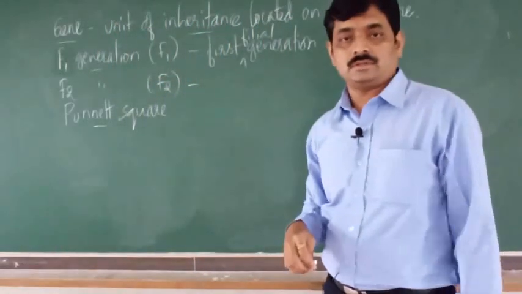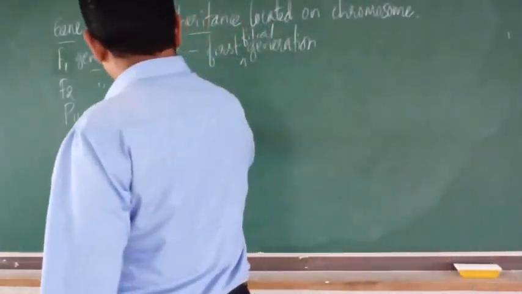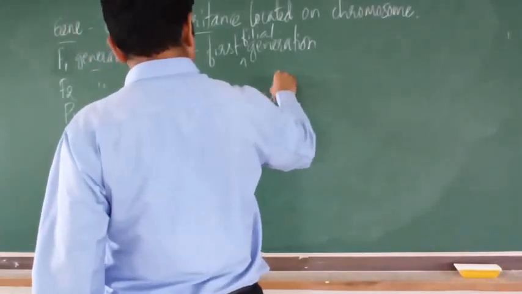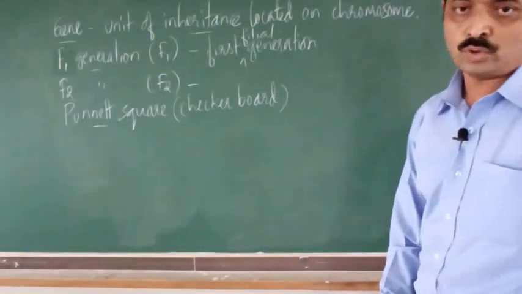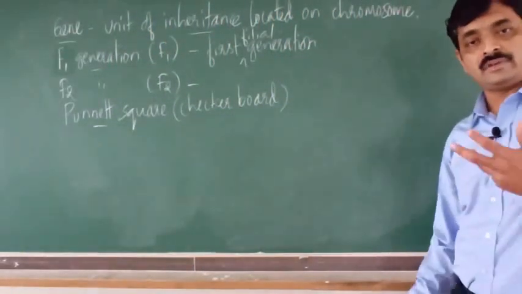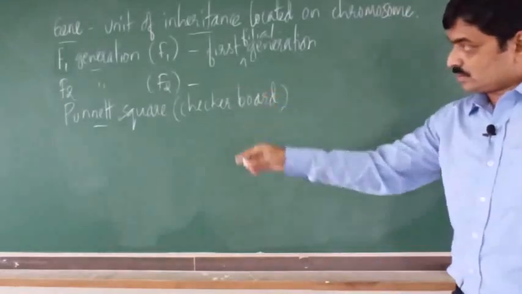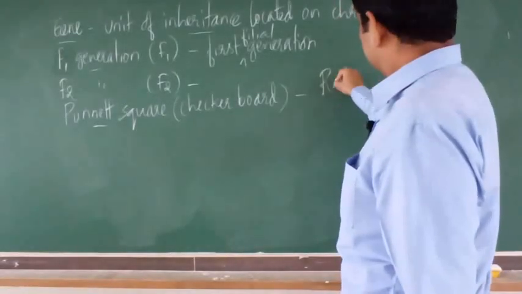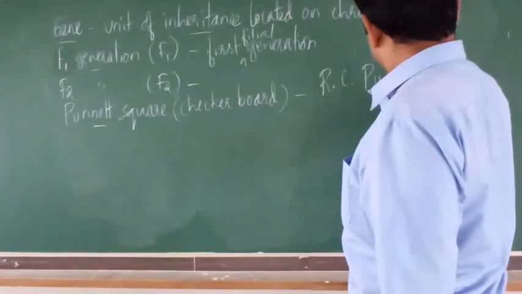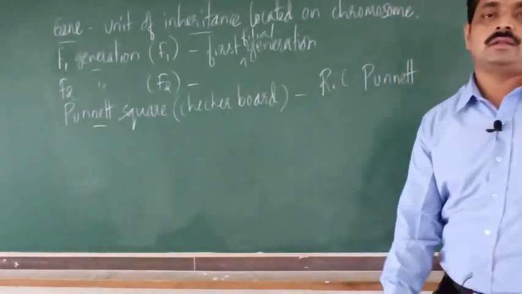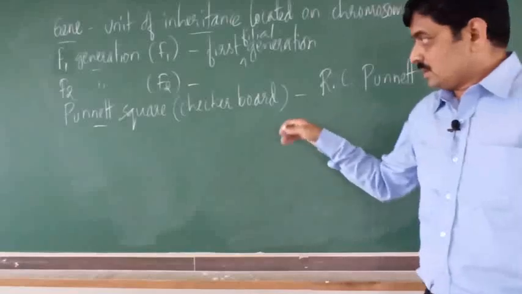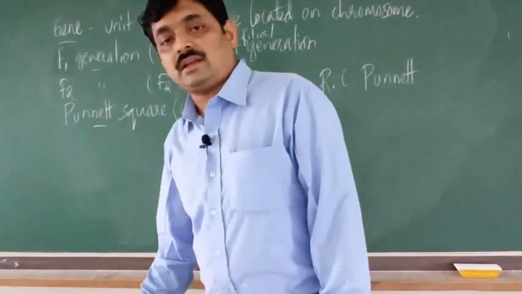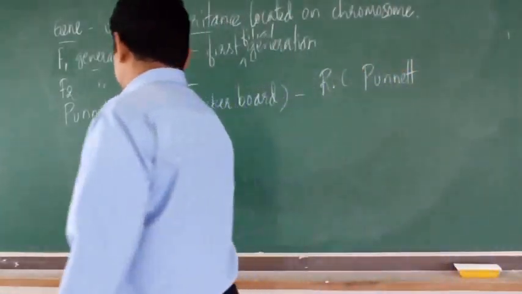The next is the Punnett square, also called the checkerboard. Punnett squares are very commonly used in genetic problems, right? It is called Punnett square because it was discovered by R.C. Punnett. So what is this Punnett square? Punnett square is the graphical representation